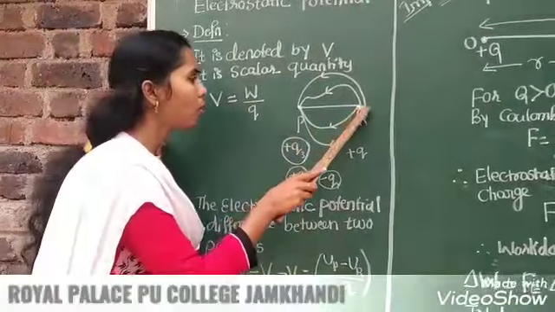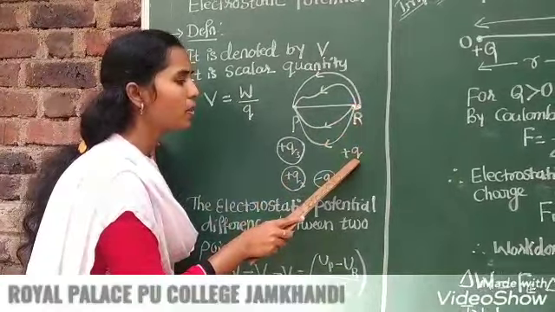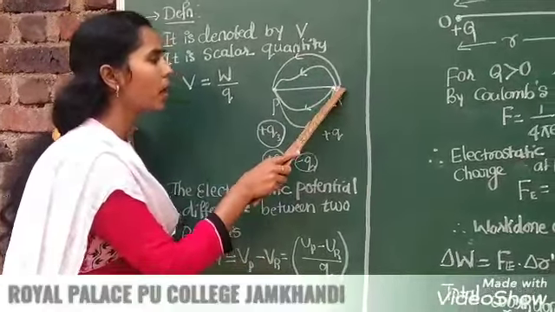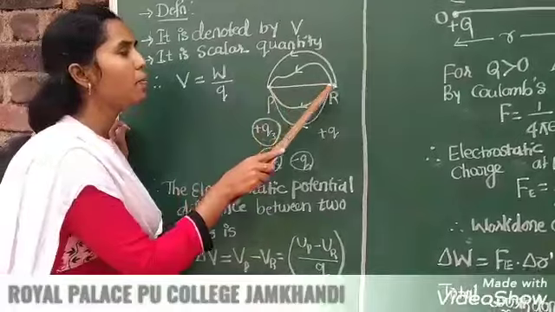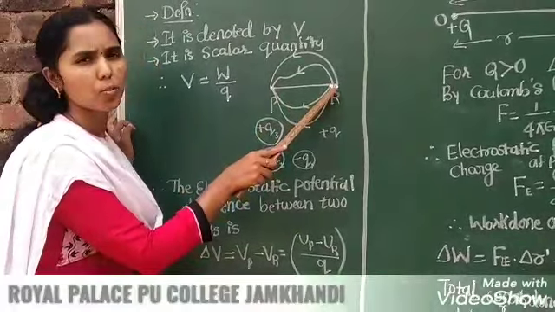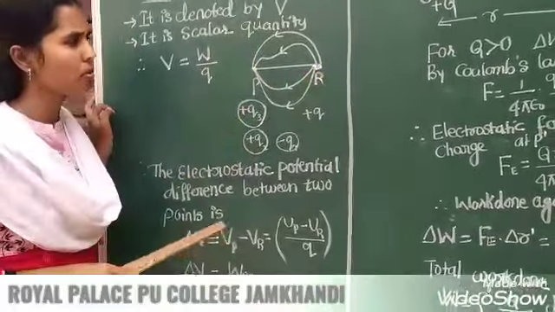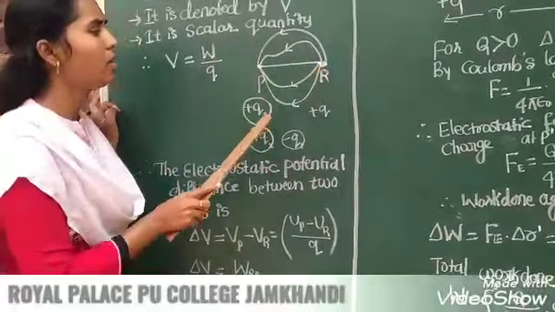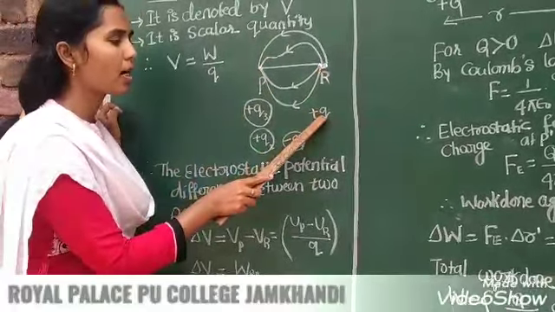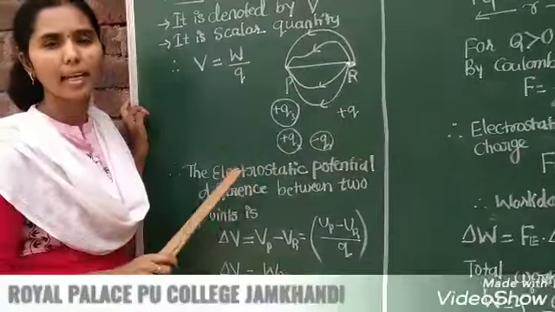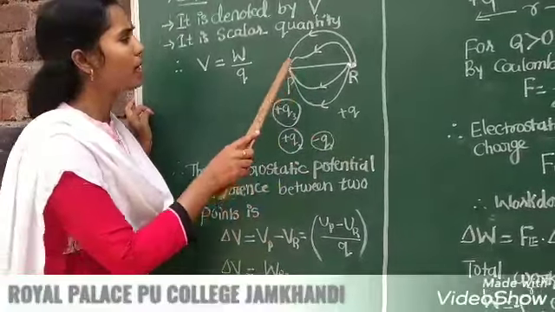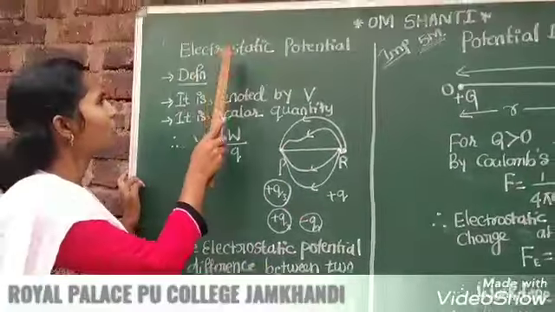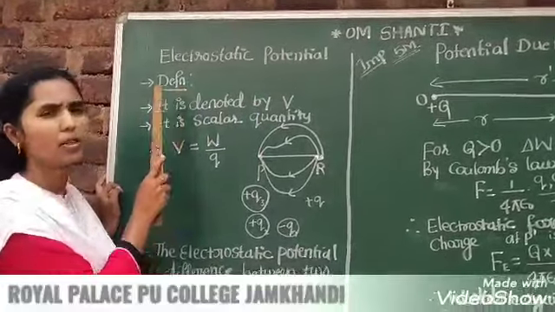So when you want to bring a unit positive charge from the point R to the point P, some external work has to be done by the external force. That work done will be stored in the charge in the form of energy, right? So that is why the electrostatic potential definition means,